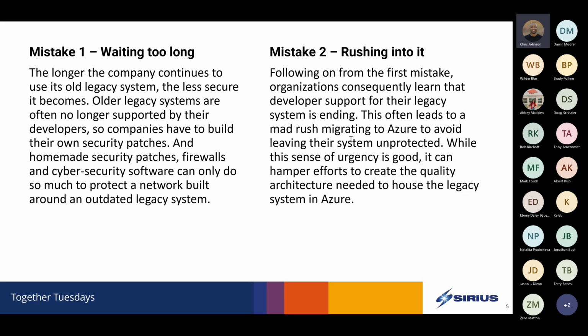We'll sometimes get into an organization and they're like, we've got to move these things now and get them moving right now. We haven't had a chance to do a proper assessment. Maybe that older legacy system isn't supported by what they're wanting to do inside of Azure, be it the operating system, or that particular application, or whatever. Maybe it's a modem, like Jason was mentioning in chat. But seriously, waiting too long is the biggest mistake that we see, because we want to properly plan, assess, get